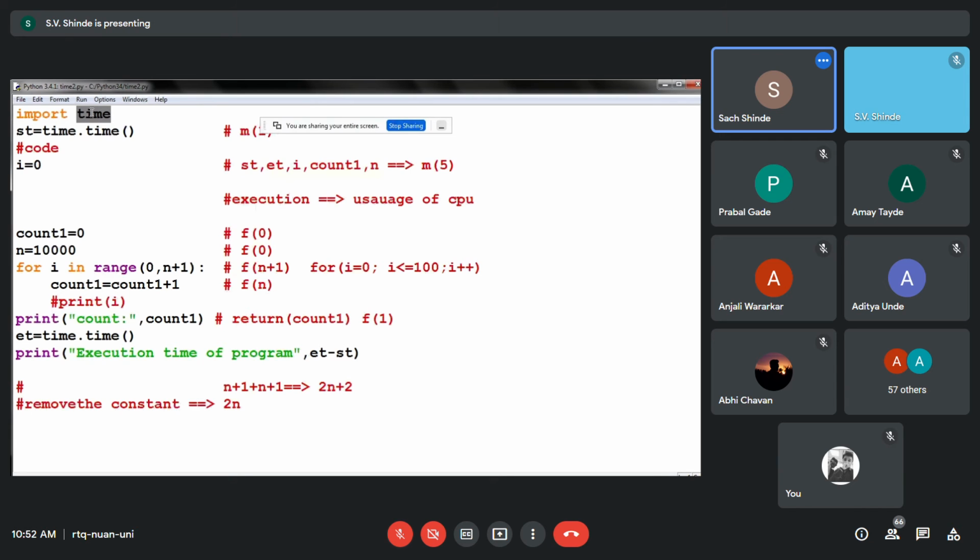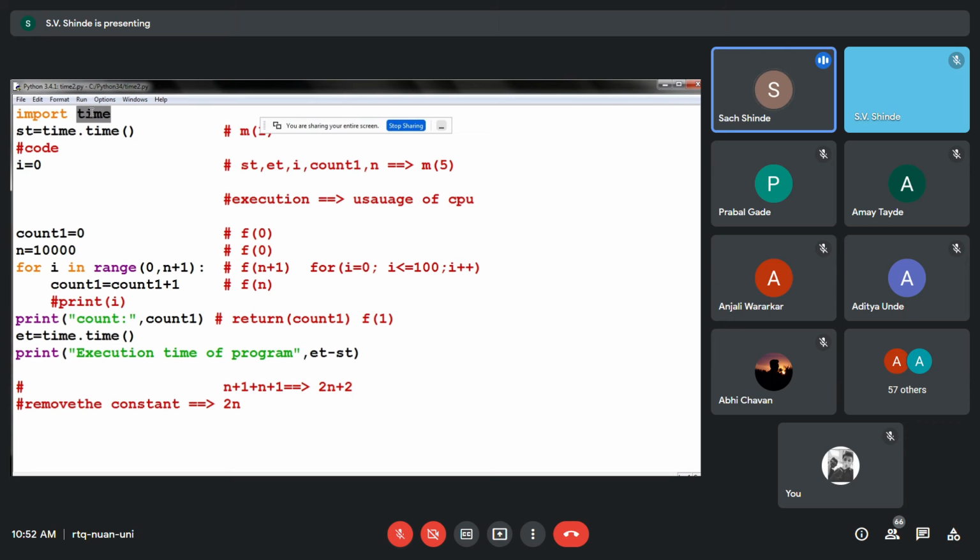Yes, sir. So when you import a particular module, then that module, meaning file, is loaded from the hard disk into your system. That's the compile time. And how can the compile time be reduced? If you run the particular program repeatedly, your file is in the memory or cache.